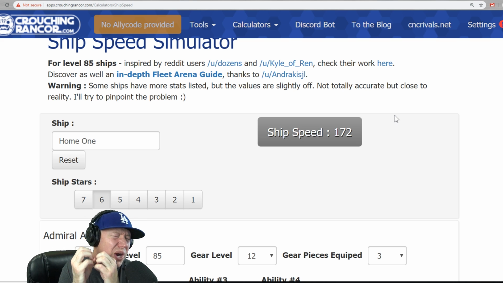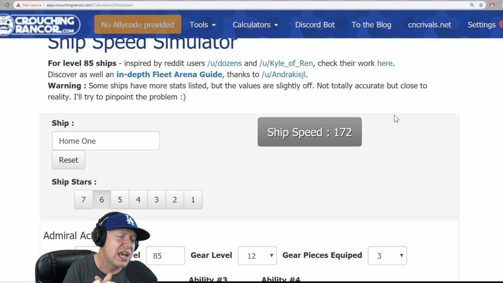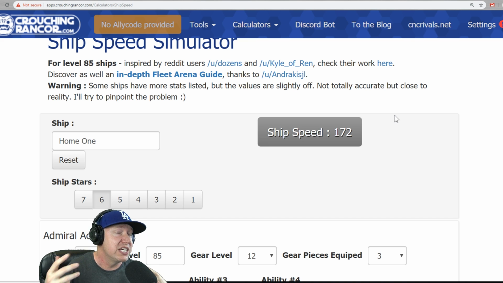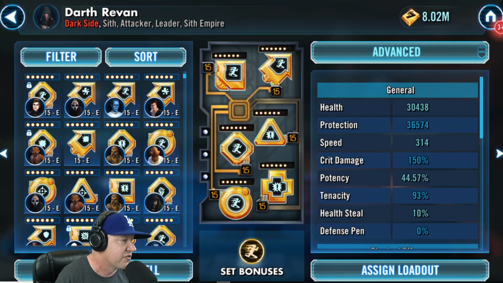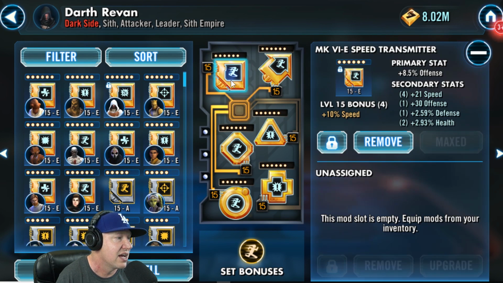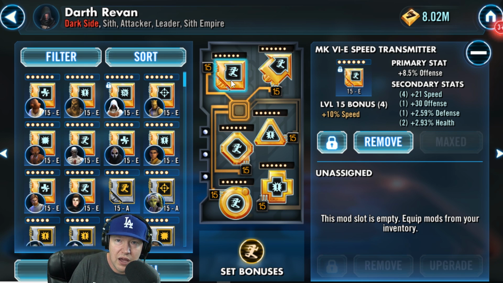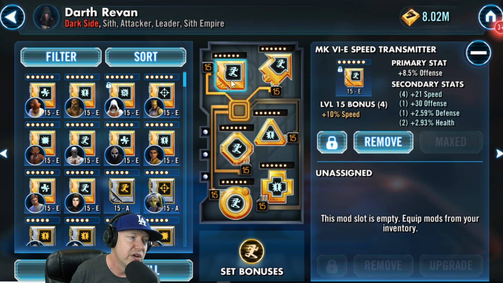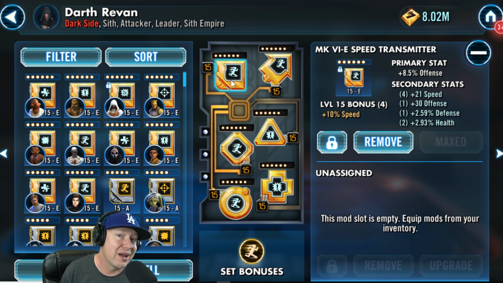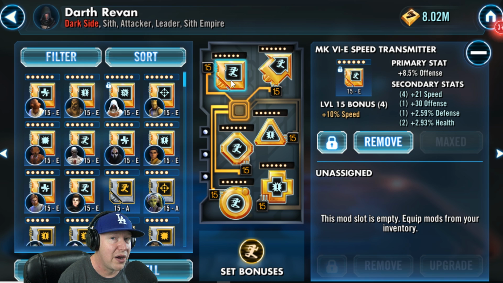And I primarily focus on my arena teams, and then when I get a replacement mod, like right now, I'm trying to get Darth Revan as fast as possible. I'm trying to get better mods than what I have currently, and I'm doing a little bit every day. But if I happen to get a 22 speed mod to replace this, well, this mod is going on somebody else, and it all filters down, it all trickles down. And so I've tried to get mods for my arena team, and then the rest of the mods just take care of